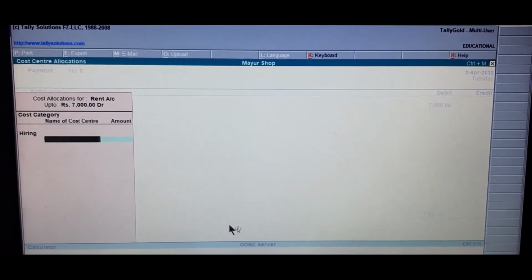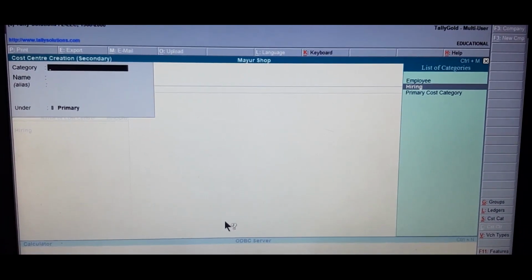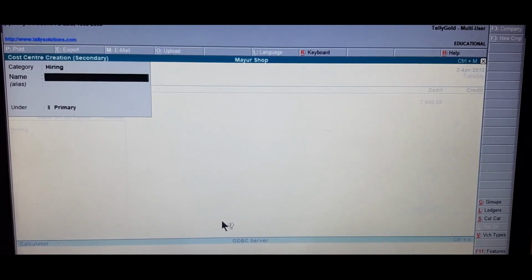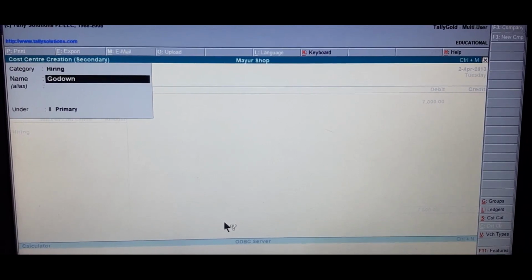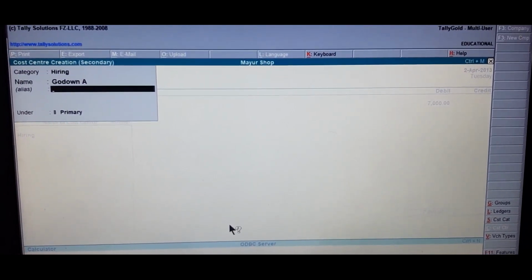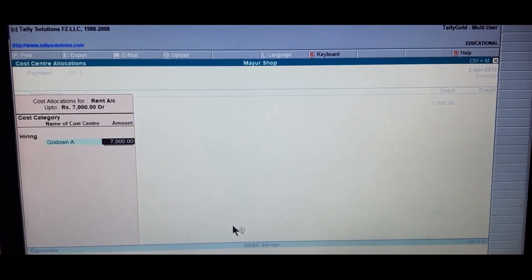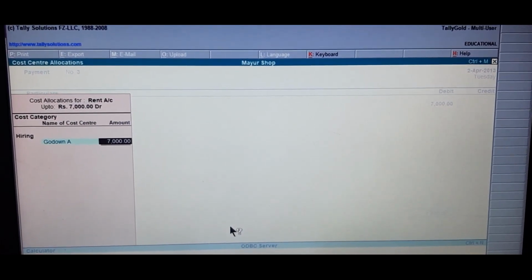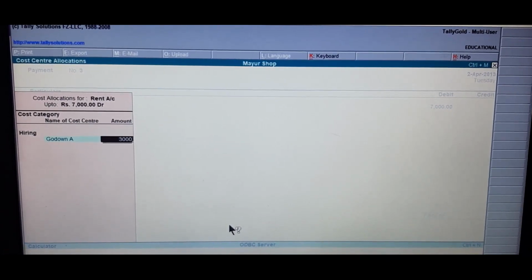Alt C to create. Select hiring cost category. Name Godown A. Alias is optional. Accept. Press Y from the keyboard. Enter the amount 3000.